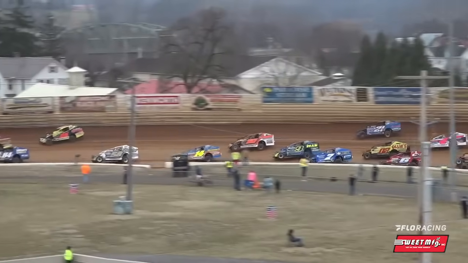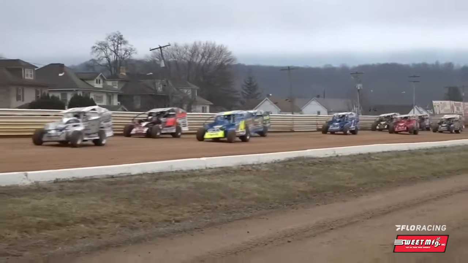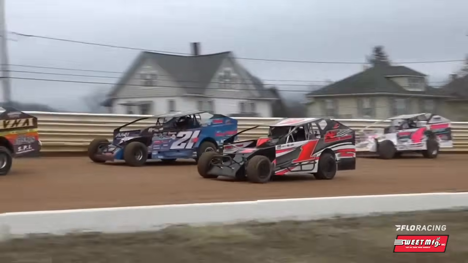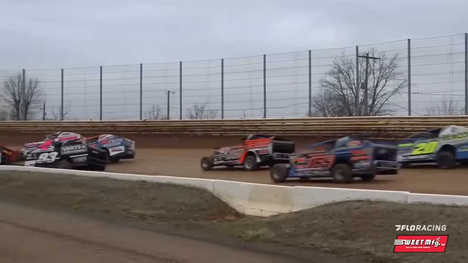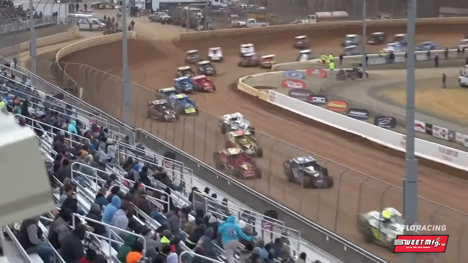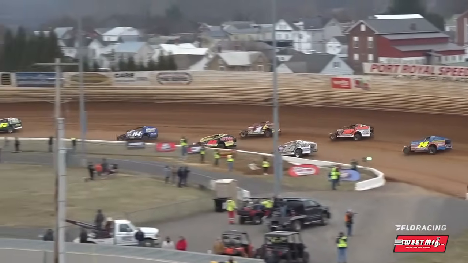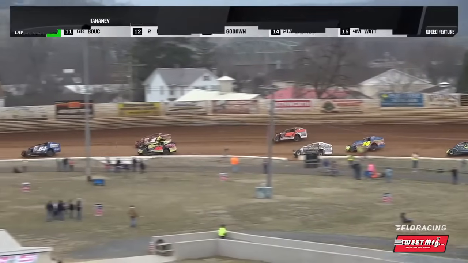We're looking to go almost four wide there in corners number 2. Contact throughout the field. We'll come around to corners number 3 and 4 to complete lap number 1 here at the Port Royal Speedway. And setting the early pace is going to be Dylan Stoyer in the 16. Heading into the turn, Dylan Stoyer has the early lead as he grabbed the lead from the outside of the front row